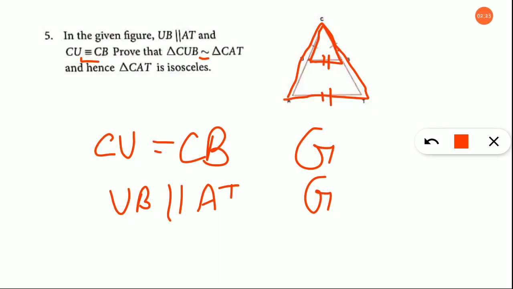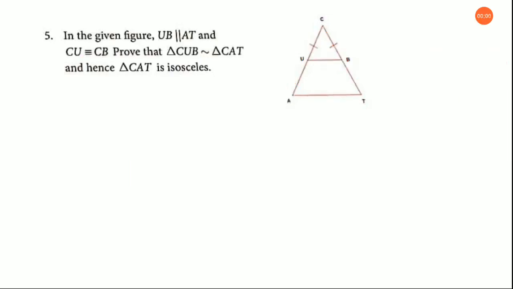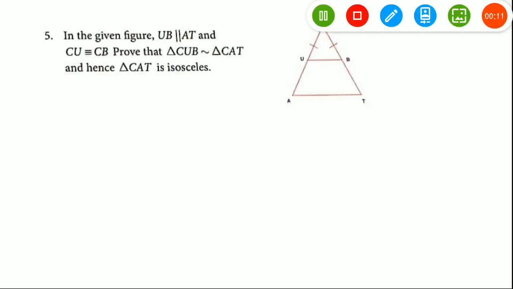How can you prove? Anyways, this is a small triangle and this is a bigger one. You cannot say they are congruent, right? Only when it is being placed on each other, if it is placed, only up to this entire portion is visible. So we cannot say they are congruent, but we can prove they are similar to each other. In order to prove that triangle CUB is similar to triangle CAT, you have to find out any one or two reasons, right? Shall we try to spot that reason?